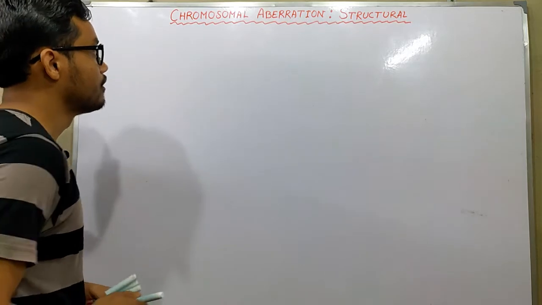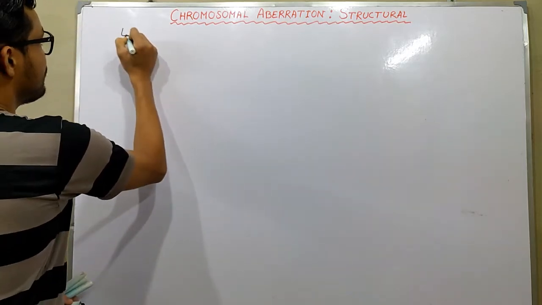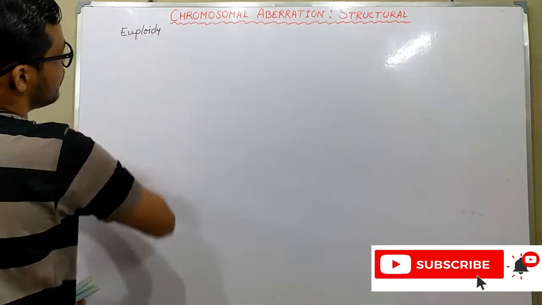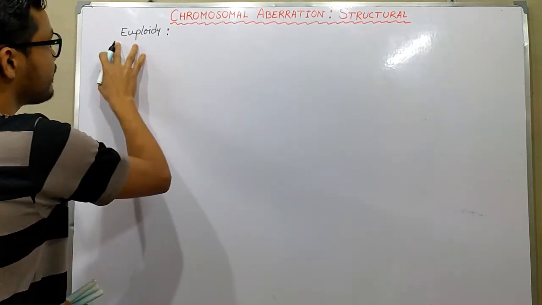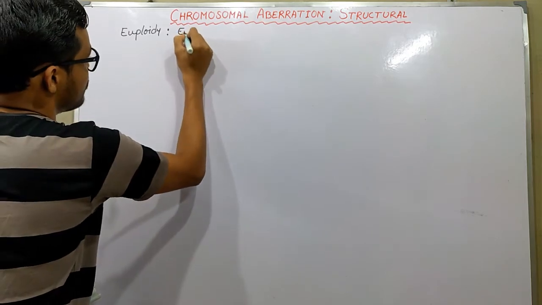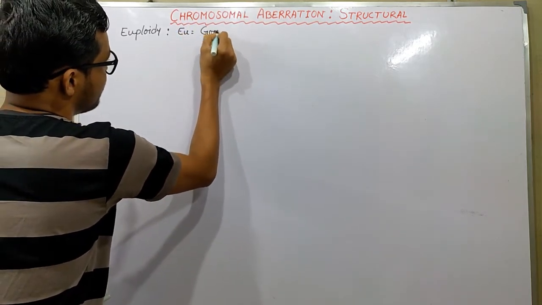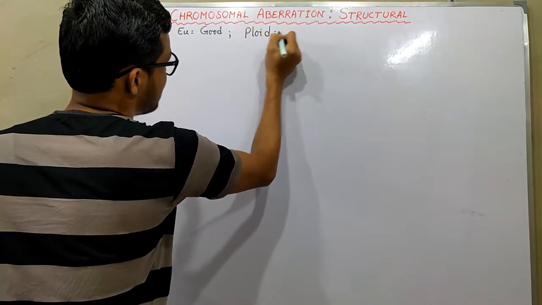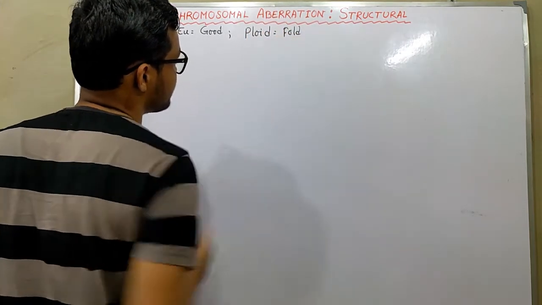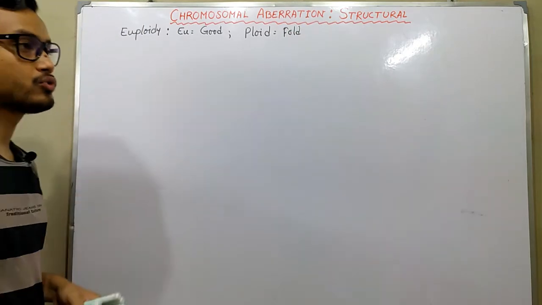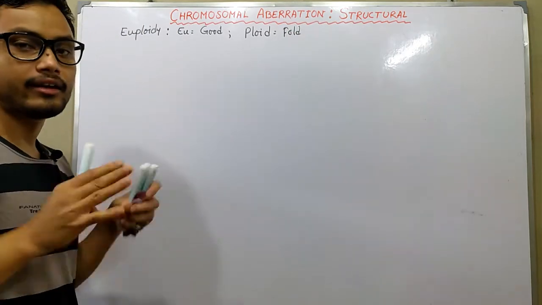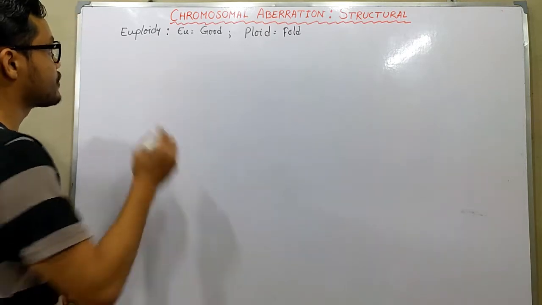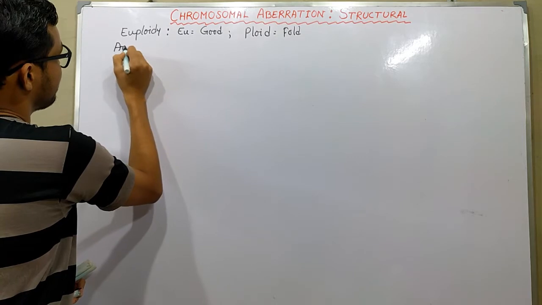First, if we consider euploidy, it comes from a Greek word, where eu means good and ploid means fold. That means euploidy defines those chromosomes that are healthy, that are good in number or good in shape. And next, in the case of aneuploidy,